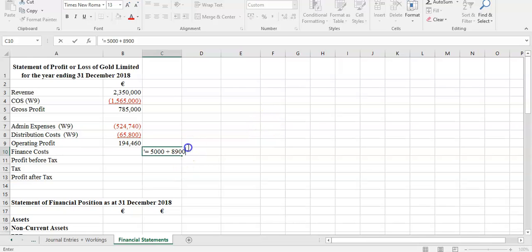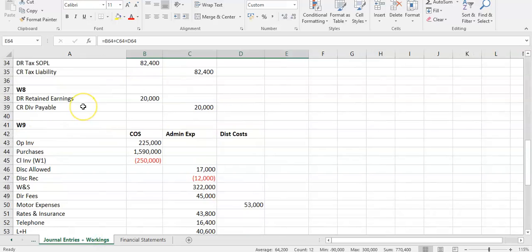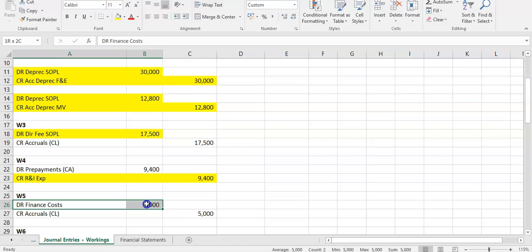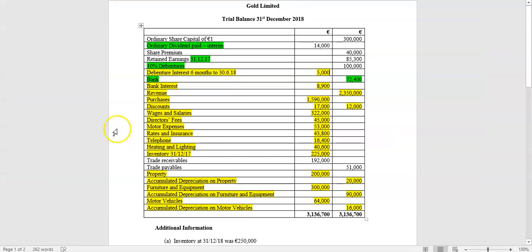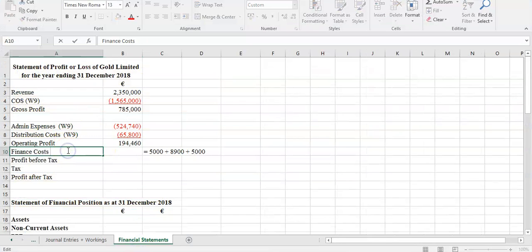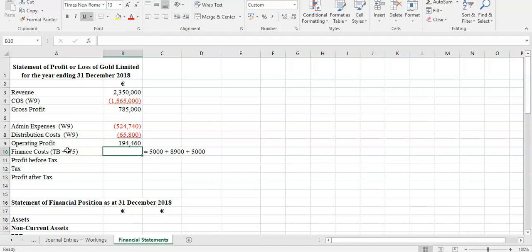But we also have another 5,000, be careful, from working 3. So you have to remember what the adjustments are. Sorry, no, working 5, debit finance cost, an extra 5,000. So that's in addition to what we already done. If I'm doing my financial statements, I'd say there trial balance TB plus working 5, to show the examiner where they're coming from. So that is 18,900 as an expense, and your profit before tax now